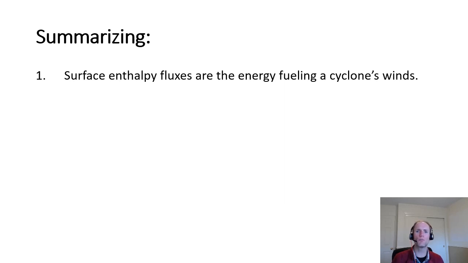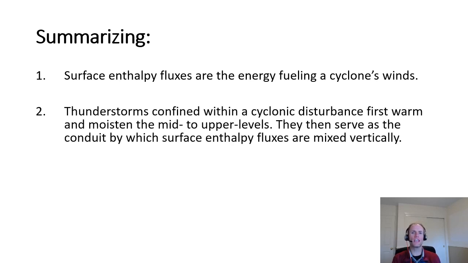So summarizing these points here, surface enthalpy fluxes are the energy that fuels a cyclone's winds. Surface sensible and especially latent heat fluxes as air spirals in toward the center provide the energy source for a cyclone's winds. Thunderstorms are key here. It's not latent heat release within thunderstorms, but it's what these thunderstorms do to take heating from the surface and mix it upward, and then overcome the initial cooling associated with downdrafts there to allow for development of the tropical